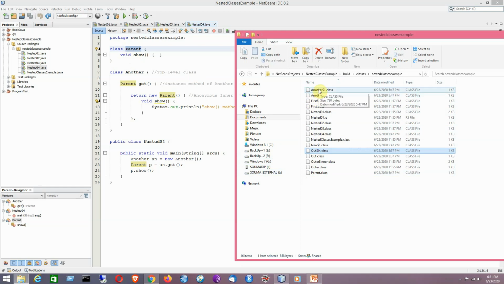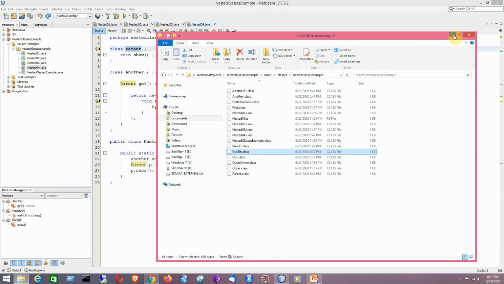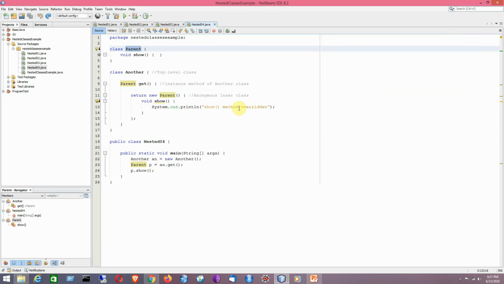Here it is not having any name, so it can be recognized by Another$1 dot class. That is the specialty. In that way the anonymous inner class can be recognized. So I hope that you have also understood how to identify or recognize the dot class files for different programs related to nested classes, be it member inner class, static nested class, local inner class, or anonymous inner class.